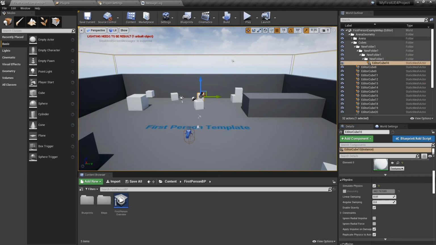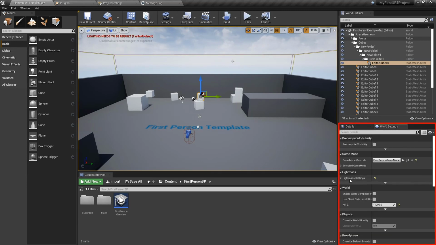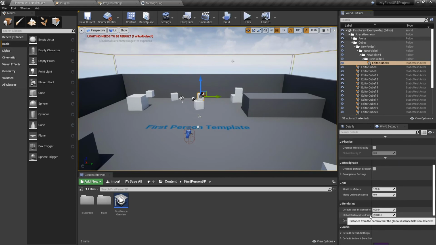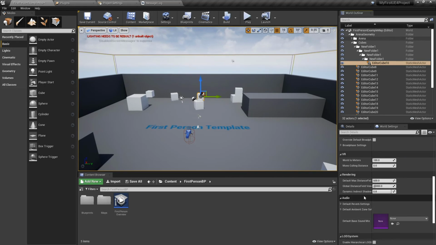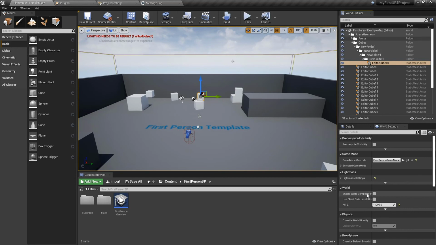All right, what else? We've got the world settings. Now, in this case, we're going to keep this pretty light, but there's different game modes that will tell us about what some of the rules for the world are. For example, how is gravity handled? As well as, are there VR options? But in this case, we're just going to leave everything in the default. Just know that that exists.